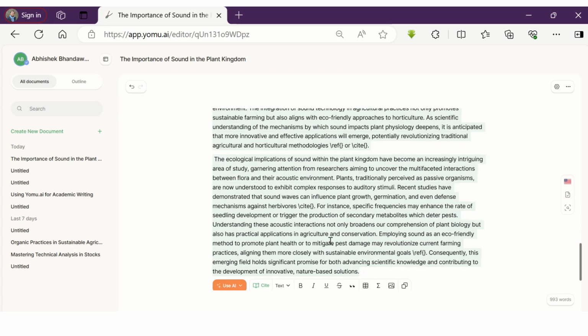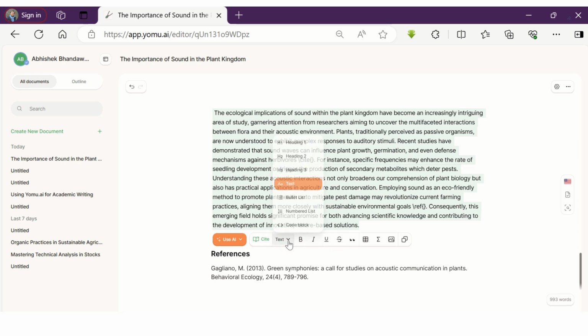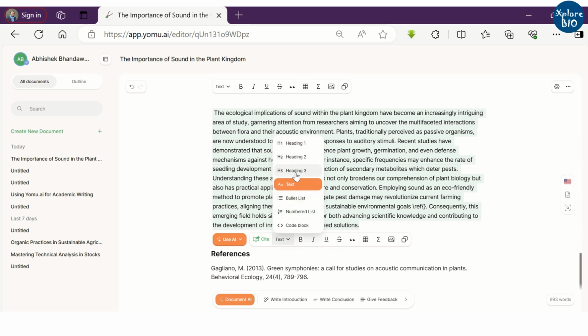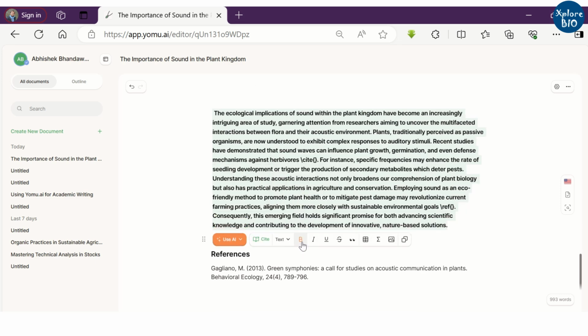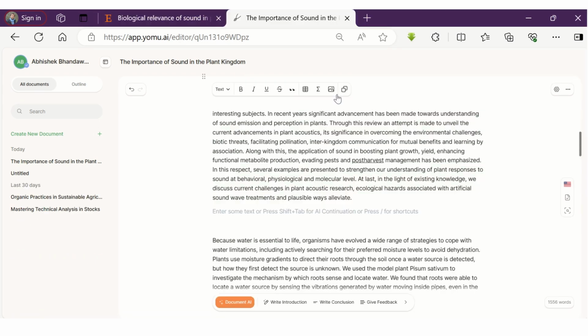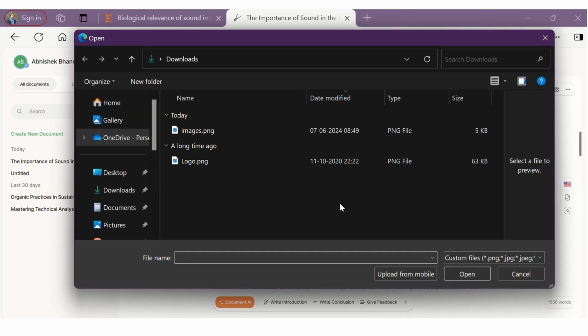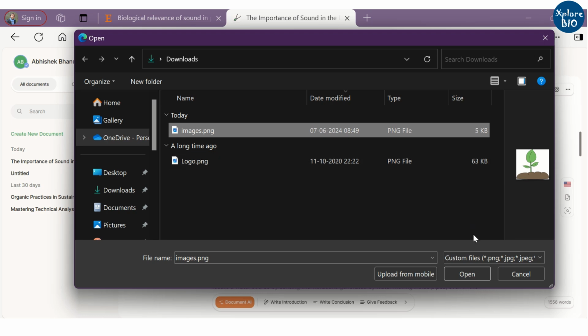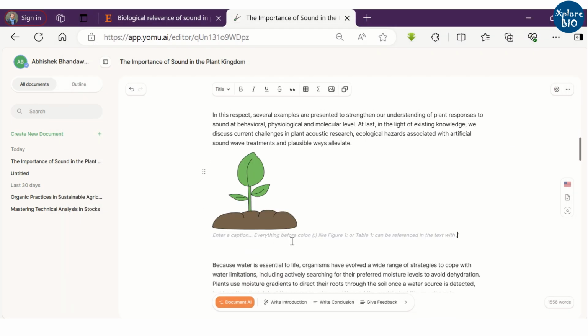You can format the text as you do in the Word or LaTeX documents. You can choose among different level of headings, plain text, add bullet points or numberings. You can bold, italicize and underline the text. Clicking on the image icon, you can insert previously saved image to this document. You can add the caption too